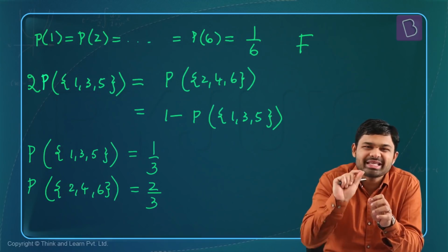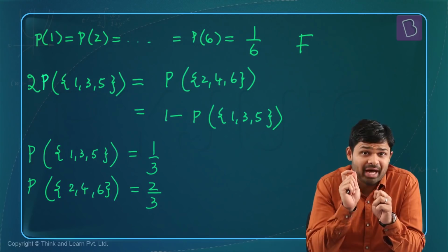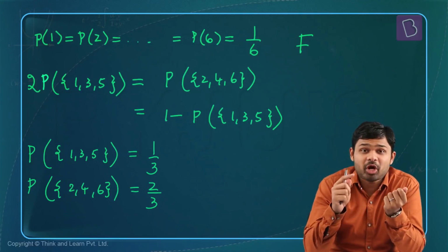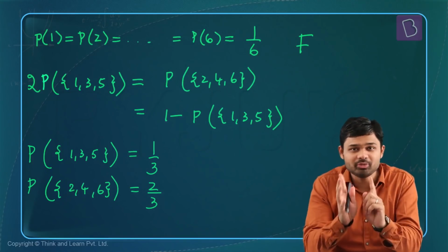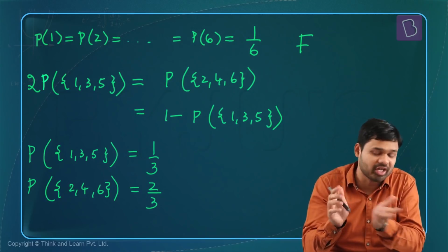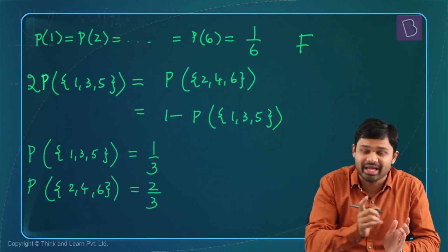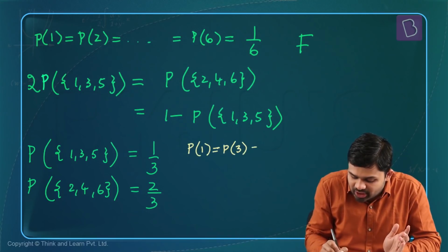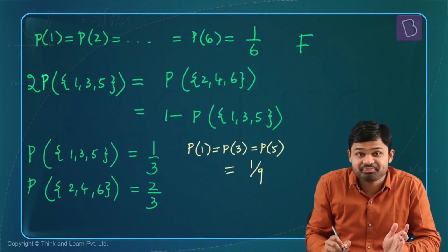And this is where a key assumption is going to be made in this question. Because this die is a biased die, we actually don't know whether the probabilities of 1, 3 and 5 are equally likely. We're going to assume that they are equally likely, because without that we cannot move ahead in this question. So I'm going to assume that 1, 3 and 5 have equal likelihood. That would mean that probability of 1 is equal to probability of 3 equal to probability of 5, which will be equal to 1/9.